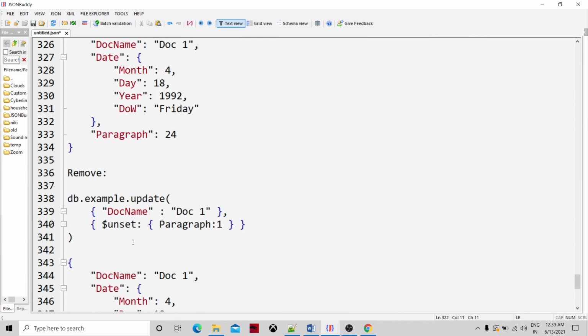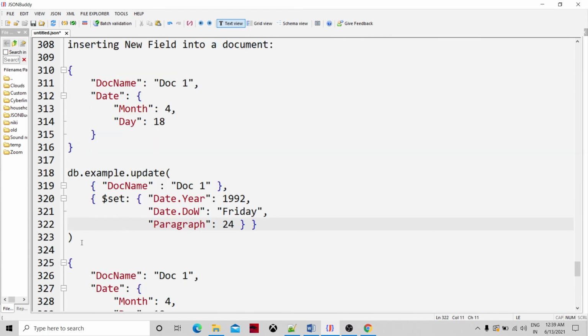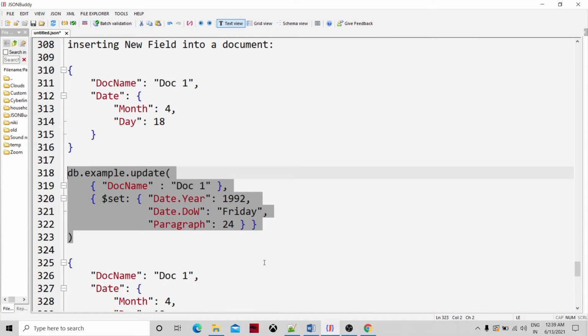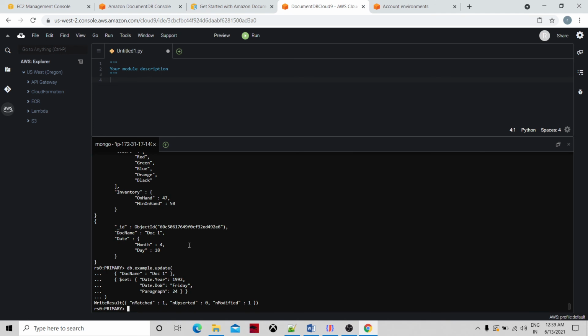Let me try to remove something. Let's update the document, and I updated. Let me see, db dot example dot find, everything, pretty, this one.